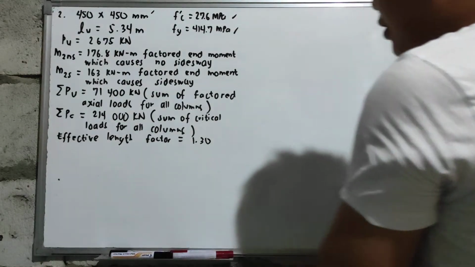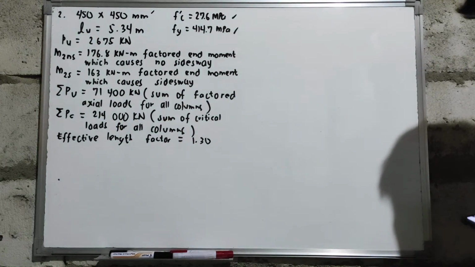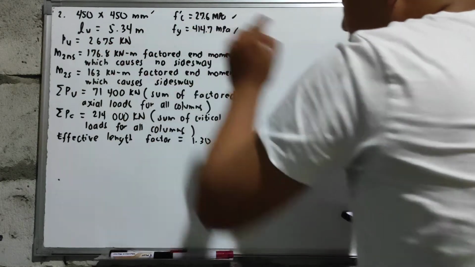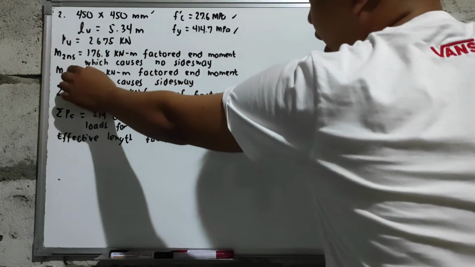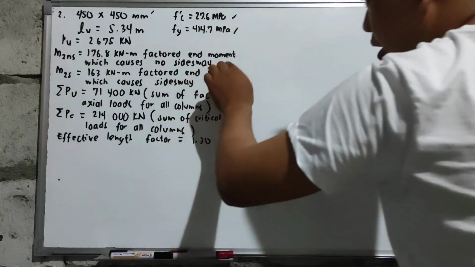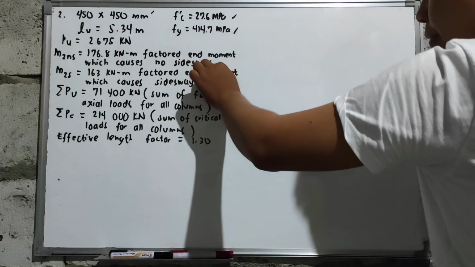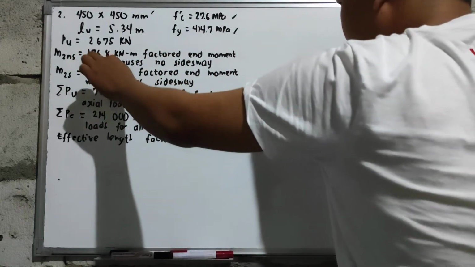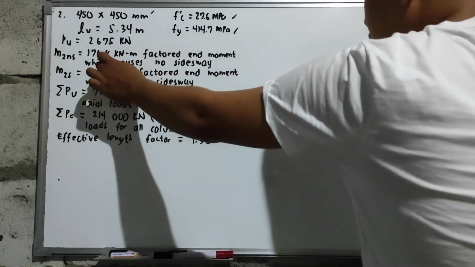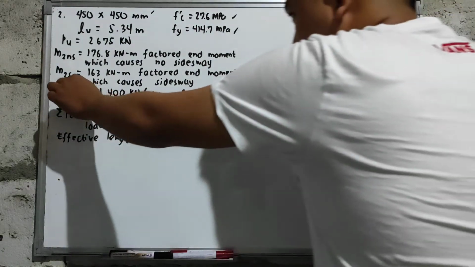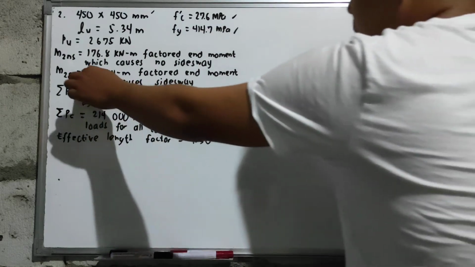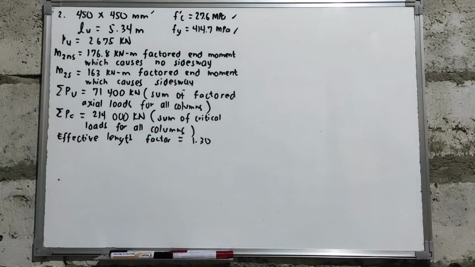So, meron tayong first-order analysis. Yung Pu natin, that is equal to 2,675 kN. Yung M sub 2 NS natin, kapag meron tayong subscript na NS, meaning to say, no side sway tayo. So we have a 176.8 kilonewton meter factored end moment which causes no side sway. Kapag meron naman tayong subscript na S, meaning to say, with side sway tayo na merong value na 163 kilonewton